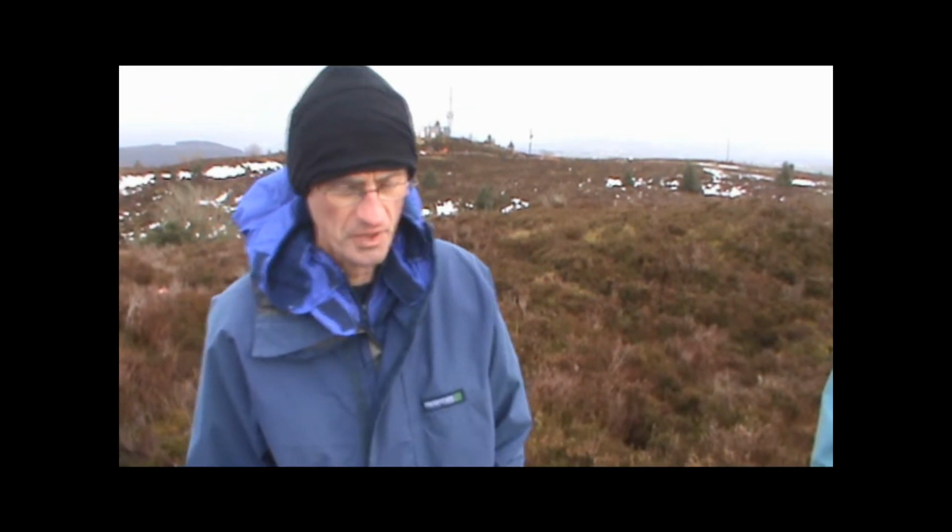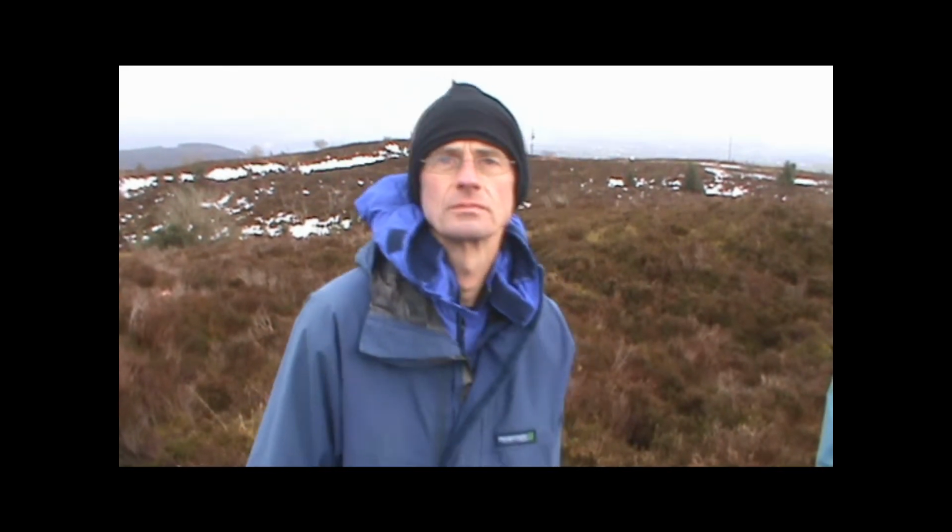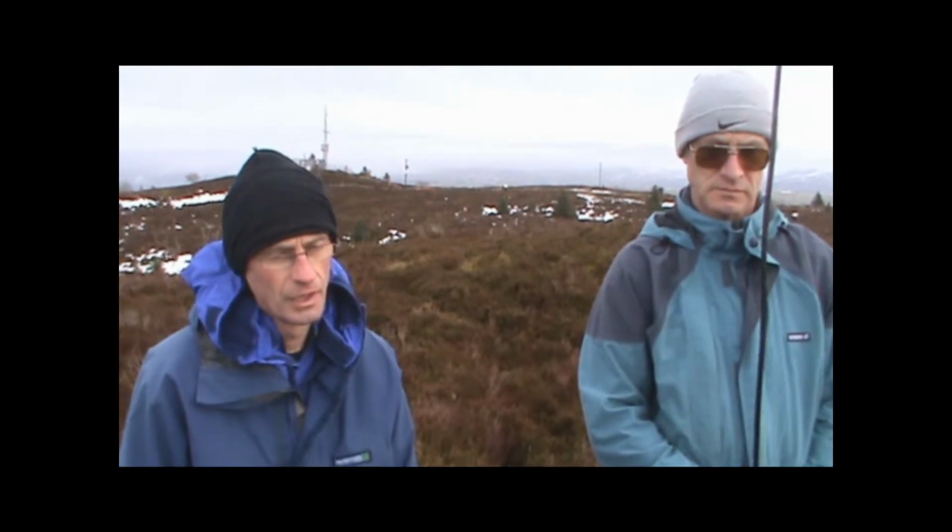Now, they have a margin of error, don't they? The margin of error of a spot height is plus or minus 3 metres. So there's an outside chance that this hill at 502 metres could actually be less than 500 metres? There is a finite chance. At 502, it's most likely to stay over 500 metres. But as we well know from examples in the past, it could just find itself below 500, in which case, of course,